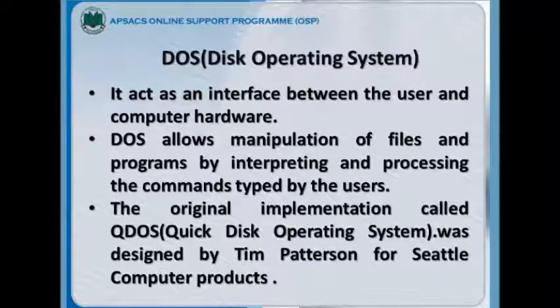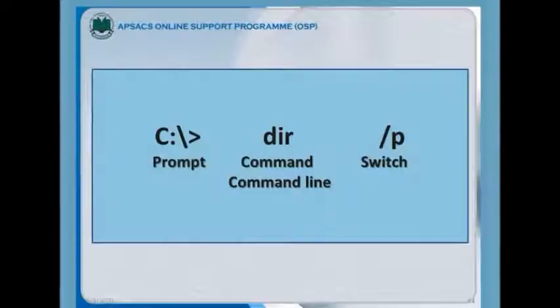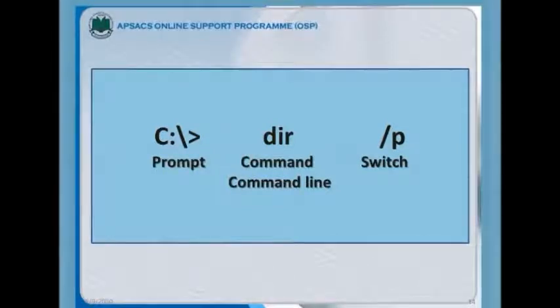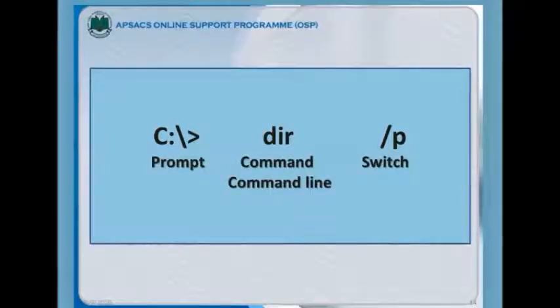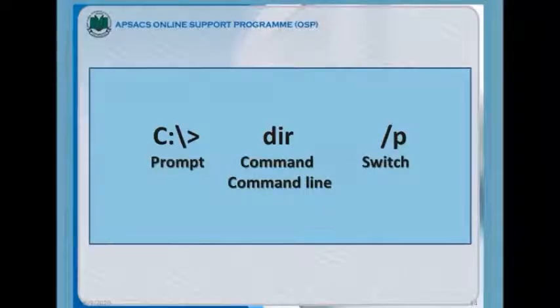There are certain commands that are being used in DOS. Actually, DOS acts as an interface between the user and the computer. On this screen, you can see the command dir /p. This is basically C:\> and the > sign, which is basically the symbol of the prompt. If one wants to define the prompt in a command prompt, you will show this symbol.